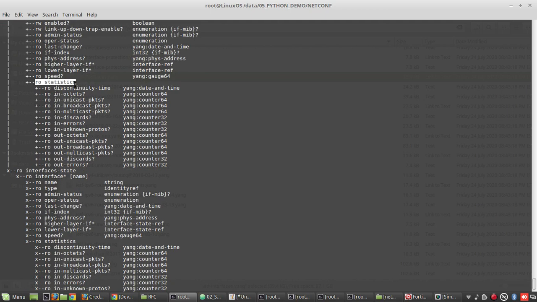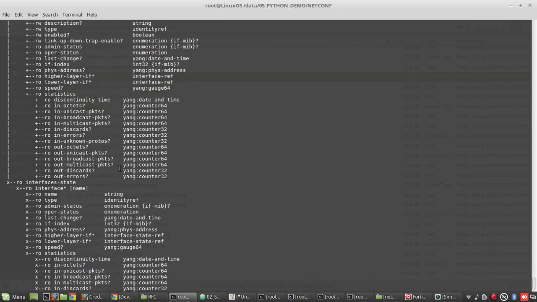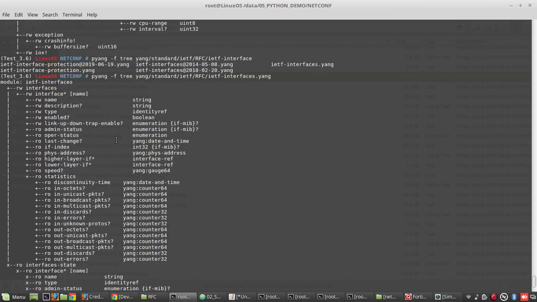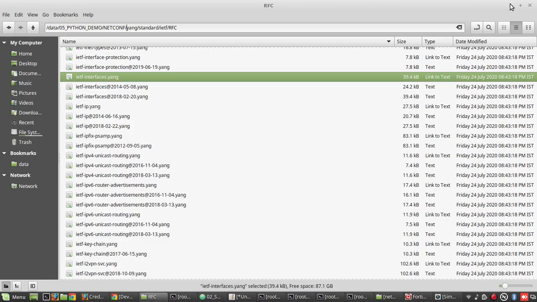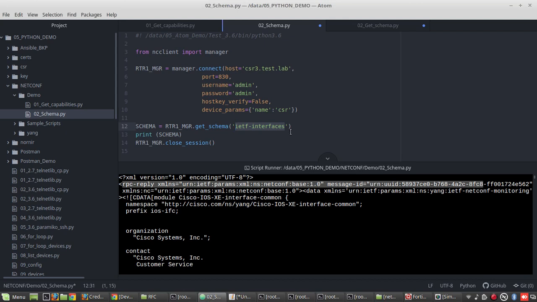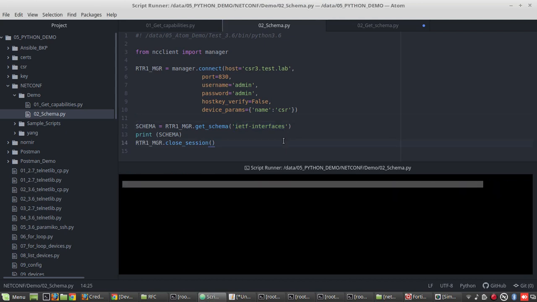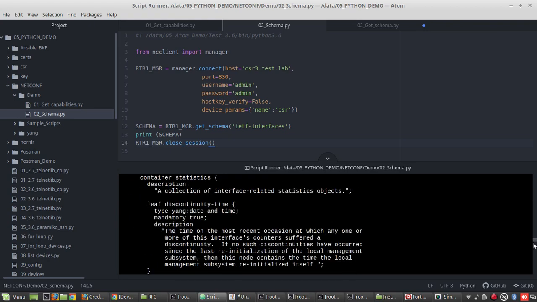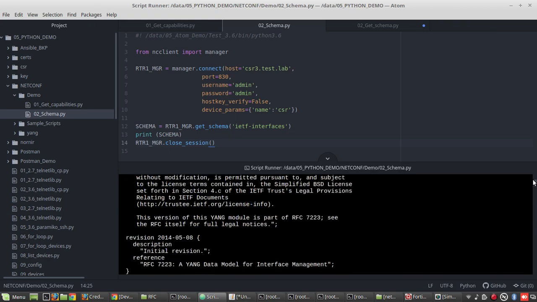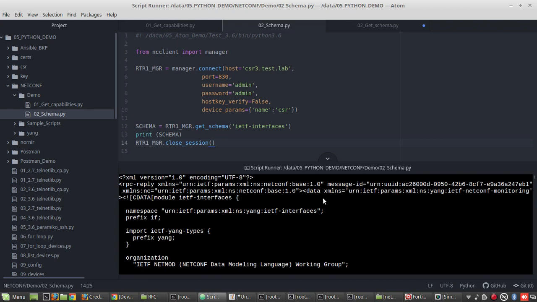Then these are some device statistics, you will only be able to read them. And if you want to get that detail here, yeah, you can see ietf-interfaces. This is the actual YANG file. Pyang is making this readable, in a structured way.